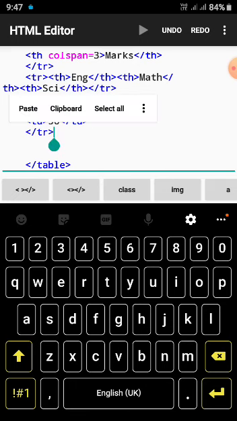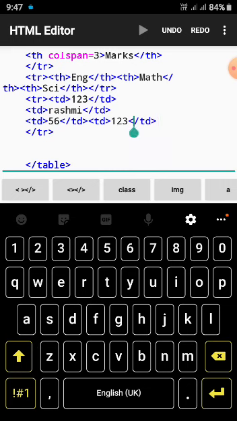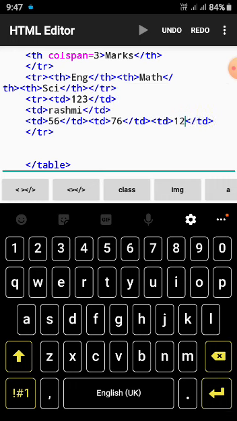No, not there, sorry. Here, paste. So give the marks. All are TD, no? So you have to make it TD. So I am just changing the marks. Check. Sorry. Try to paste them in the proper place, students. Okay, so the marks are given.